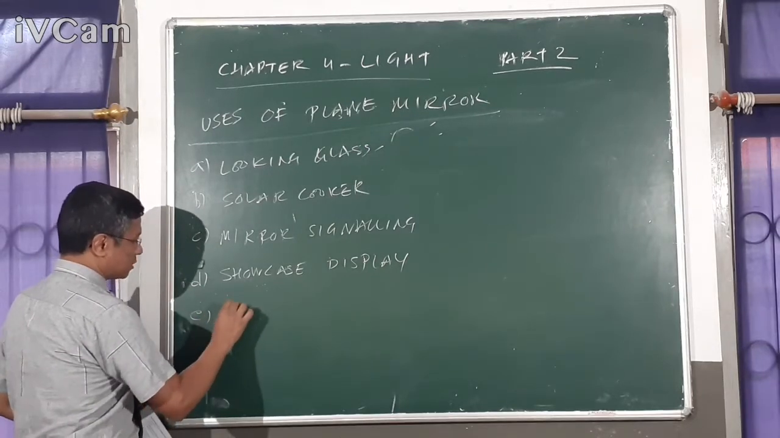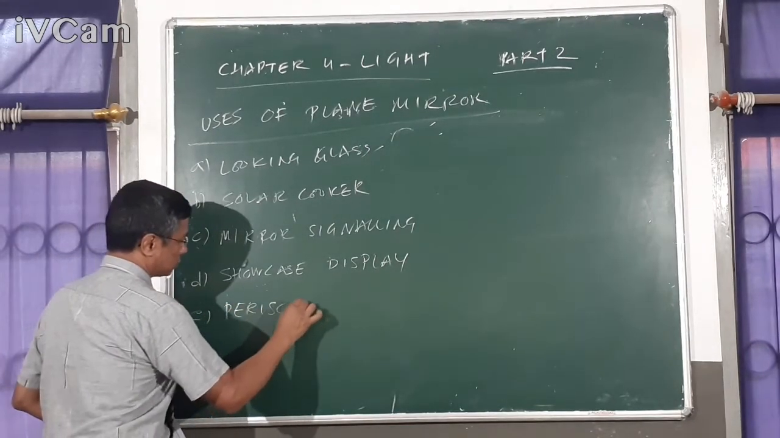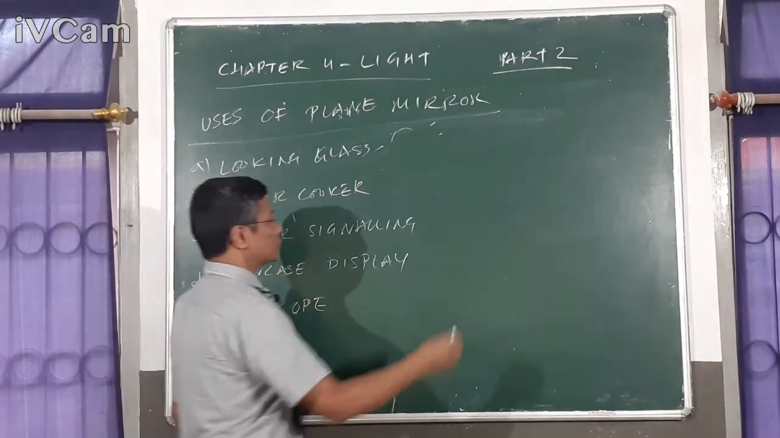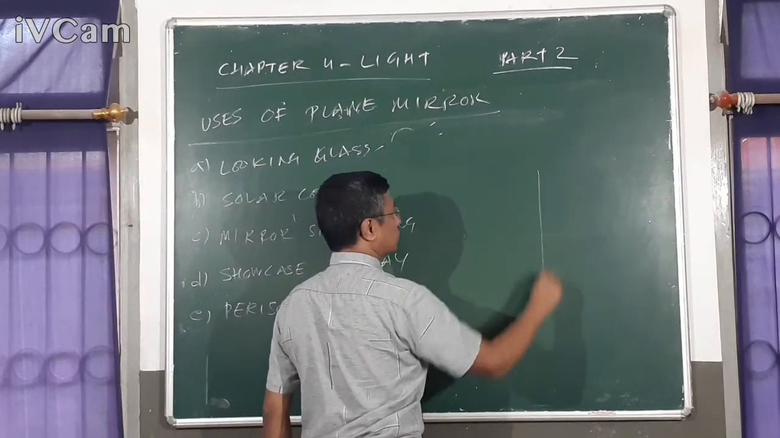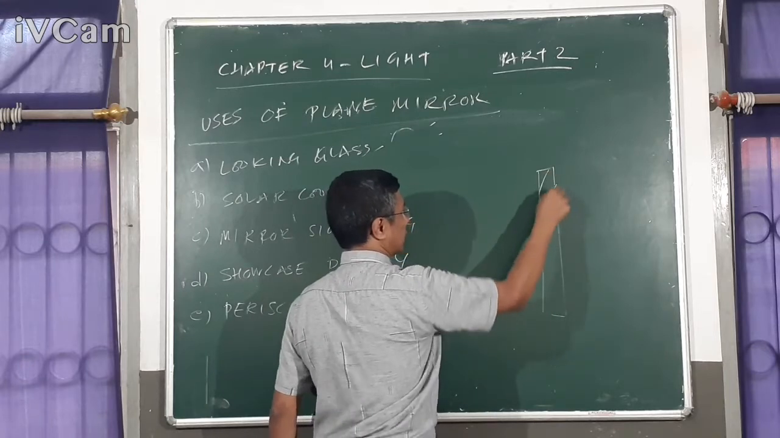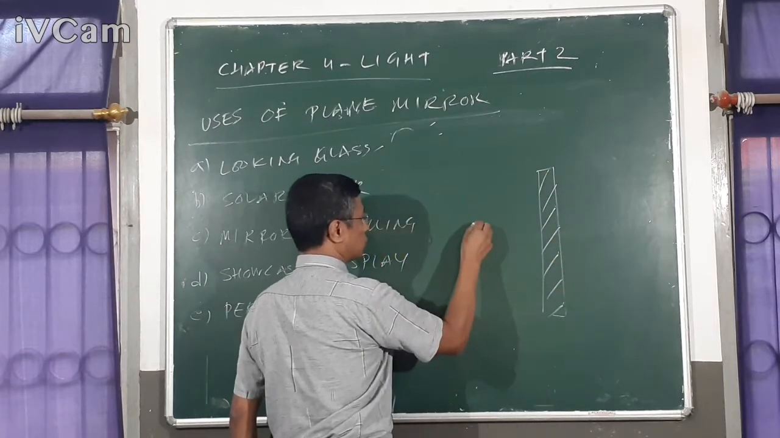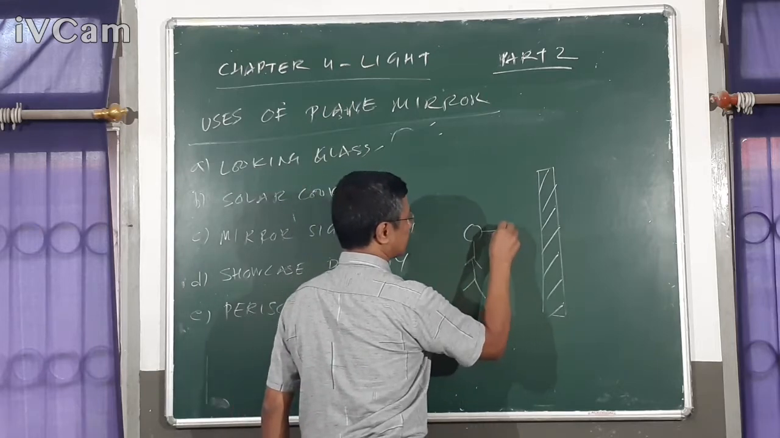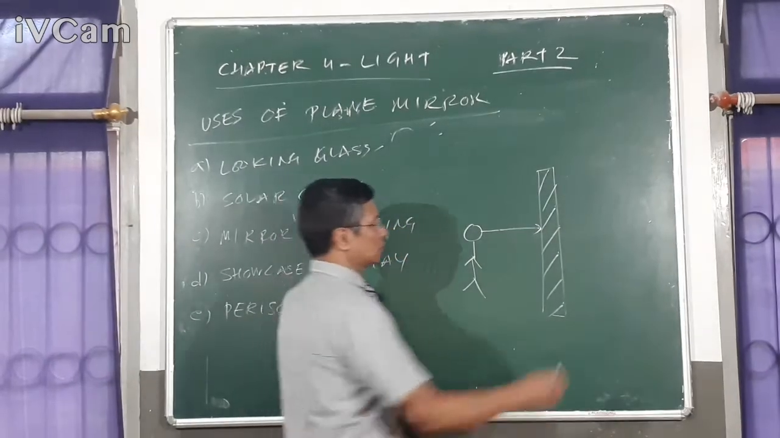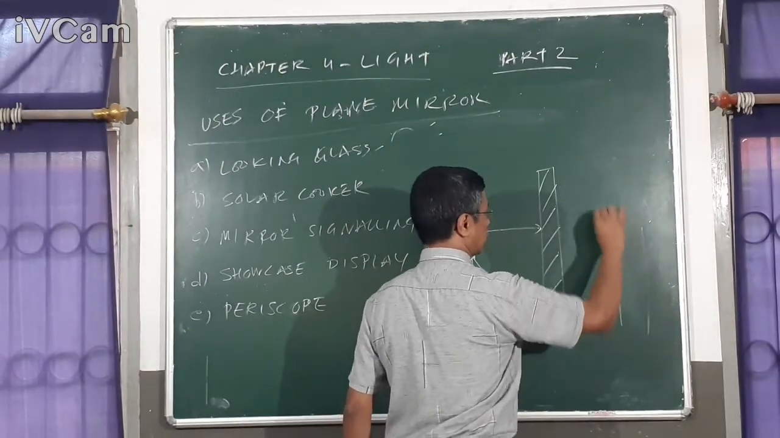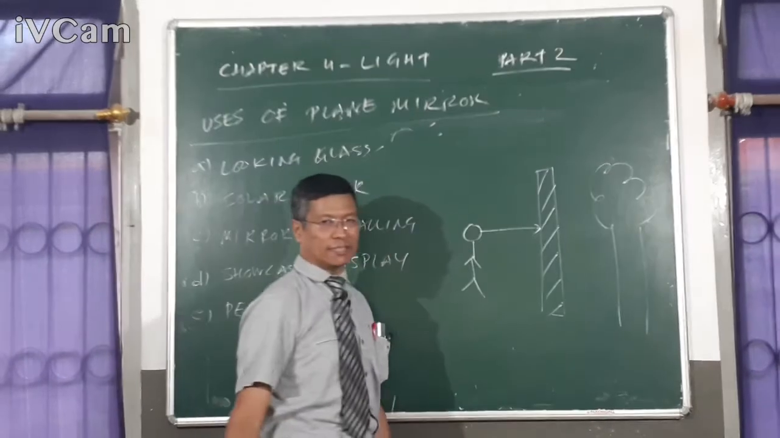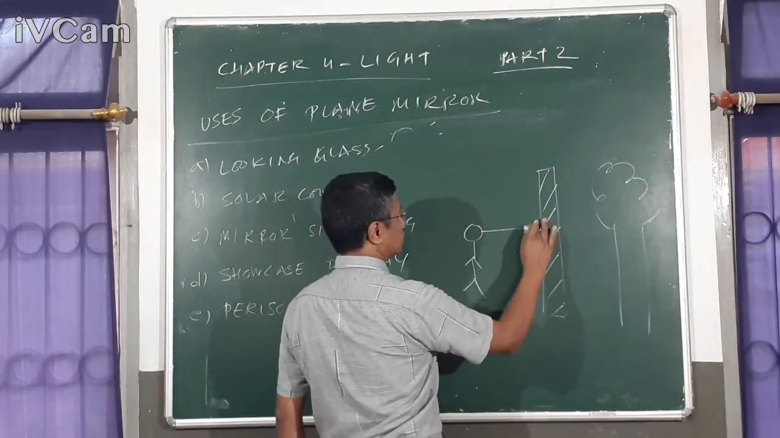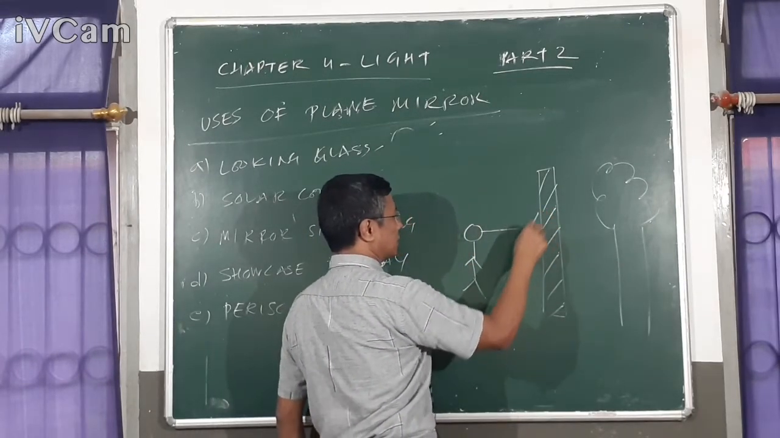Number E, it is used in periscope. In a periscope, suppose you want to see over a high wall and you are not very tall and you are not able to see. See, your line of sight is here and this is getting blocked. And if you want to see an object on the other side, you will not be able to see that. So what is done is, in the line of sight, you place a mirror